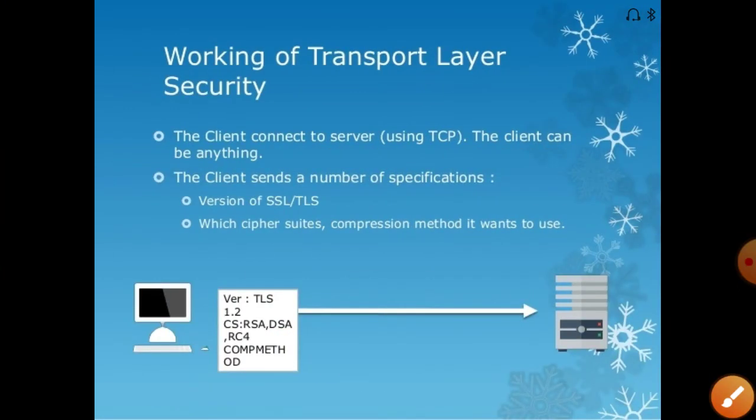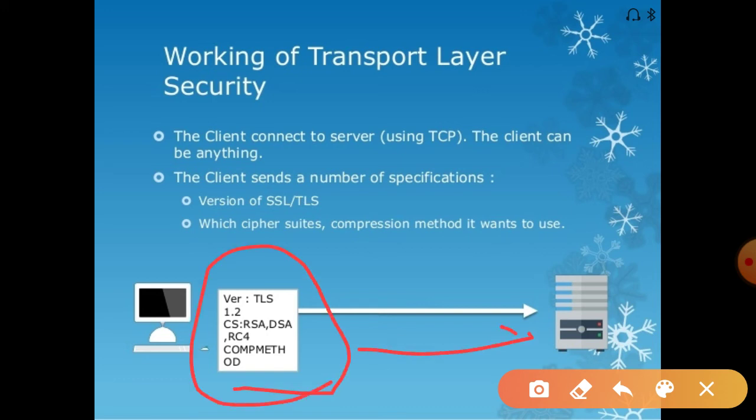Here we are discussing how TLS prevents eavesdropping and message forgery. The first step is that the client sends this specification to the server.